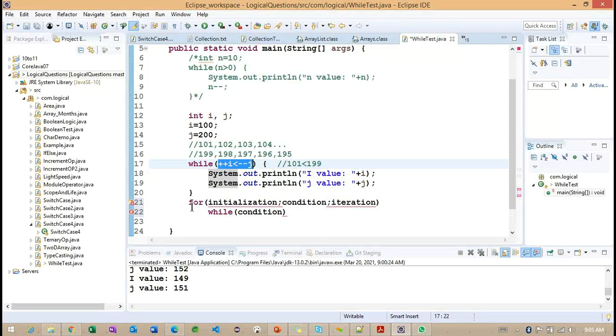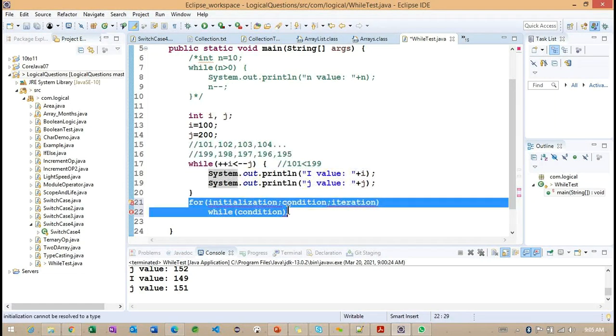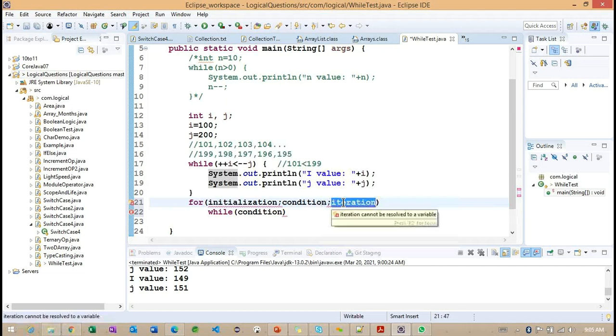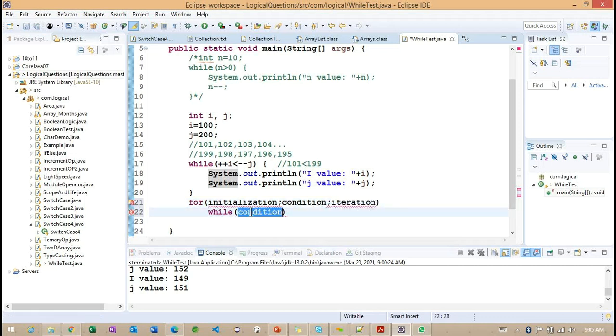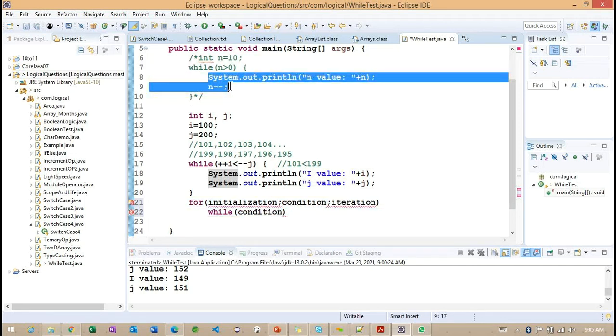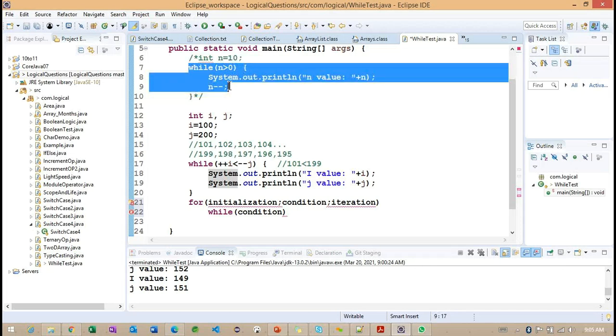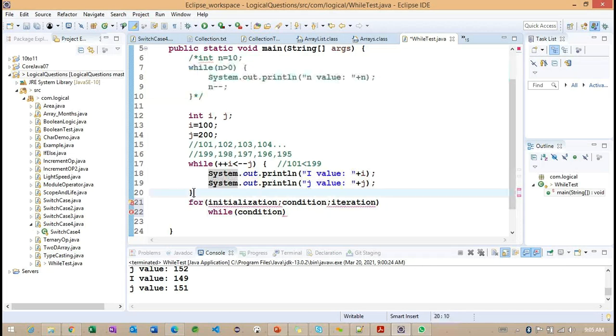So this is the difference between the above example and the below example, and the difference between the for loop and the while loop here. Basically, in the for loop we are going to provide the condition as well as the iteration. How many times this particular loop is going to iterate, we also specify. But in the while, we don't have any iteration section here. The iteration section we are going to make inside this particular block based on our requirement. So in the above example we are making the iteration inside the while loop block here. But in the second example, in the condition only we are making the iteration section. So that is the difference.